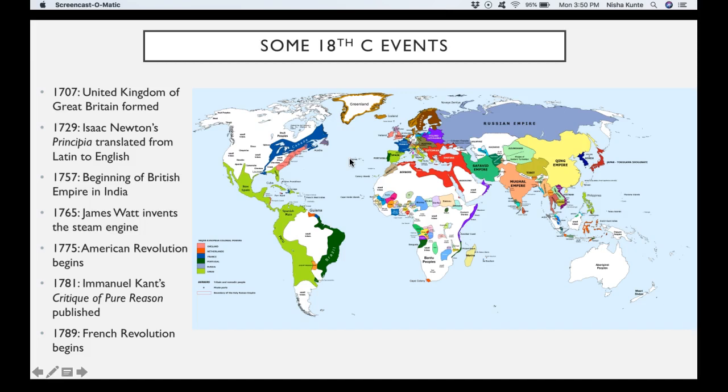That's what spurs on imperial expansion: getting new markets and new points of exploitation in order to extract materials, extract labor, etc. So we see imperial expansion, and the other thing that really spurs on capitalist development is the Industrial Revolution.